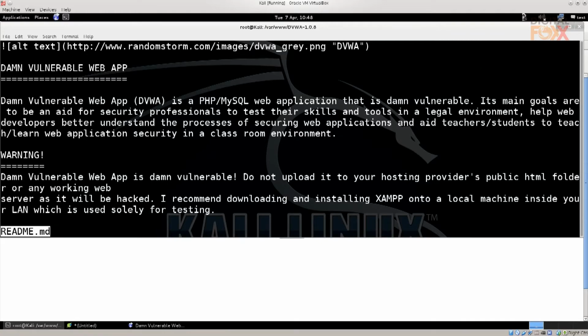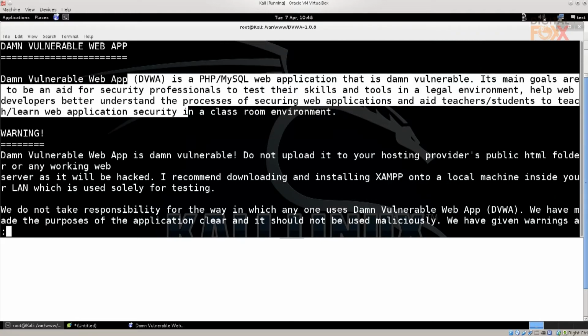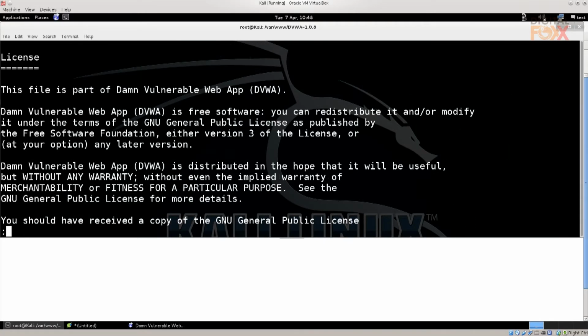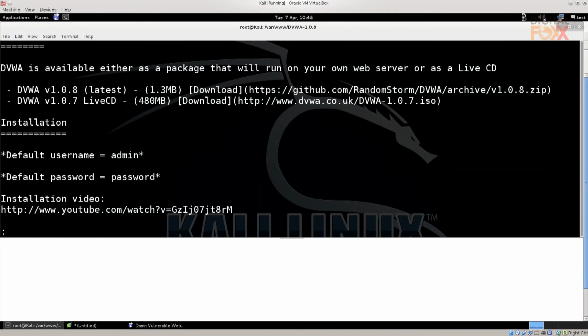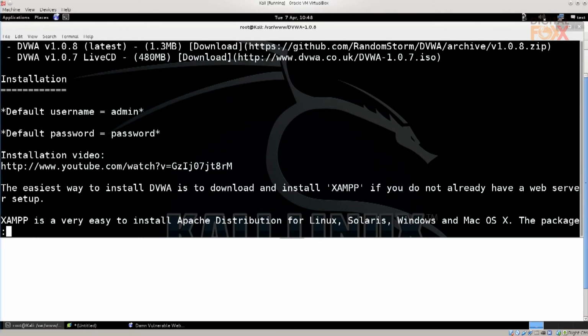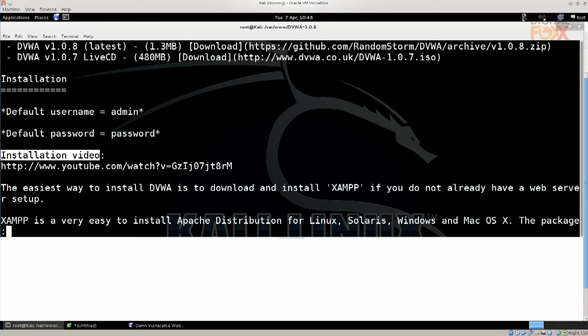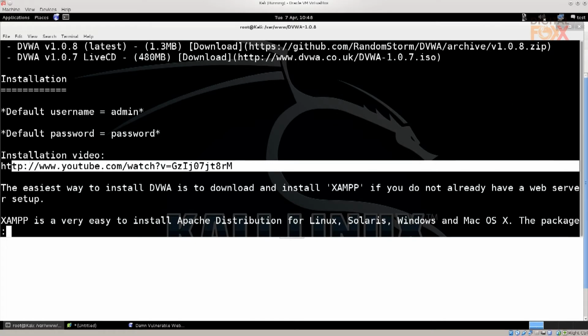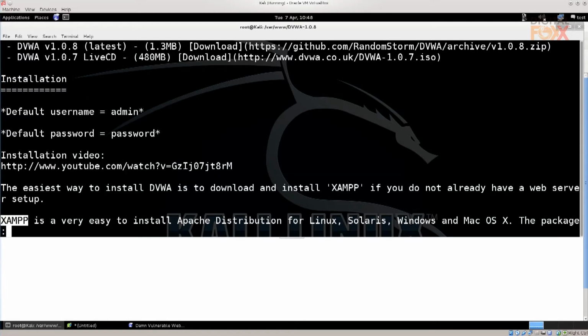And you have a lot of explanations here. Feel free to go ahead and read through them. Well, actually, there aren't that much of it, but there are some useful things. So it says default username is admin, and default password is password. There is an installation video as well. I mean, I've already showed it to you, but you can go ahead and feel free to watch this version of it as well. I don't think that you'll see anything extremely different, but they use XAMPP to actually run the